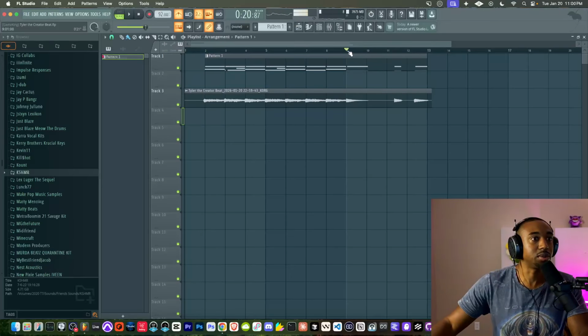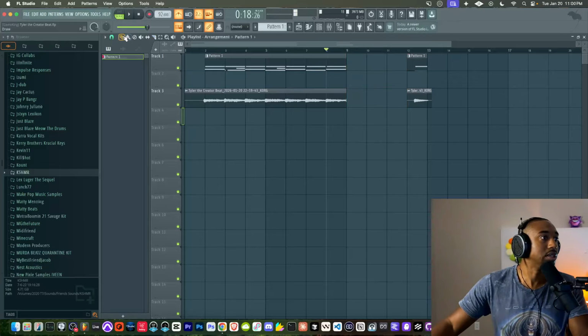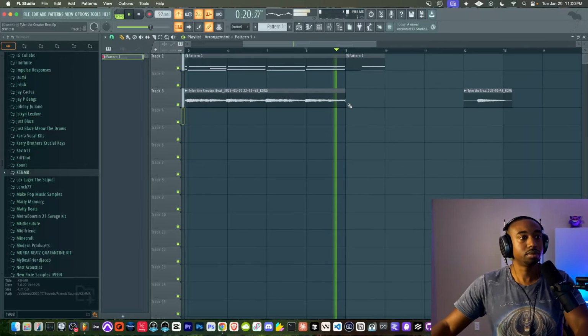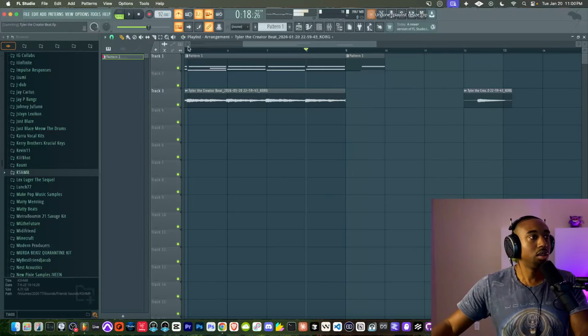So it looks like I messed up somewhere around bar 9. So we're just going to literally chop this and then chop it over here and figure out how to make this blend. I'm not trying to overly make this perfect, but we do need to make this blend though.